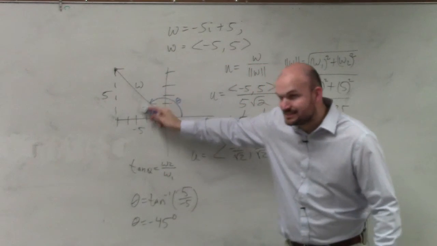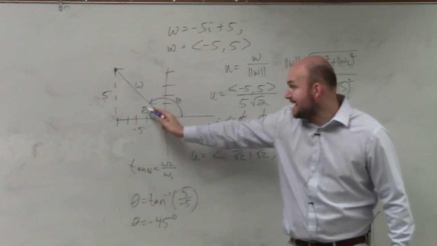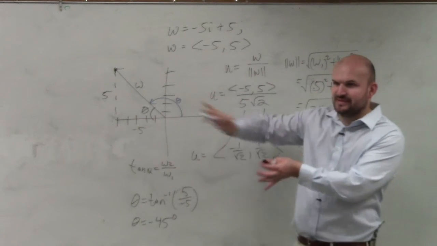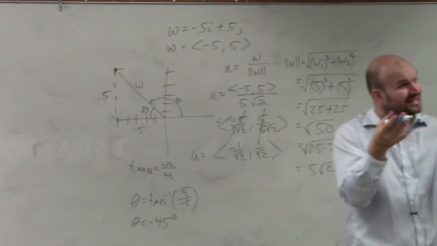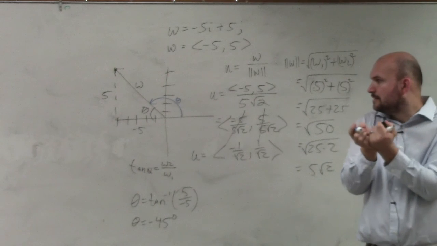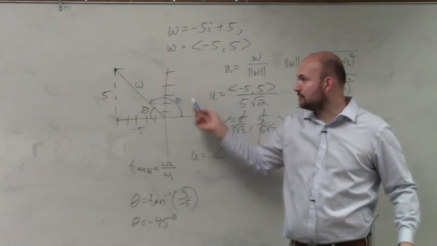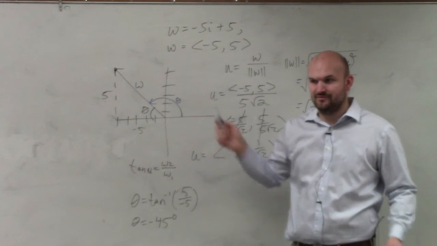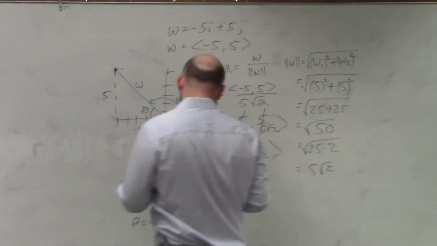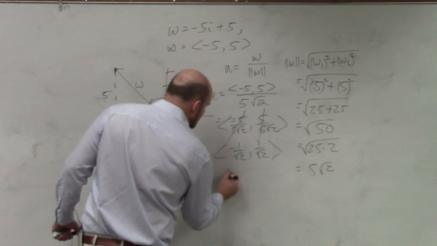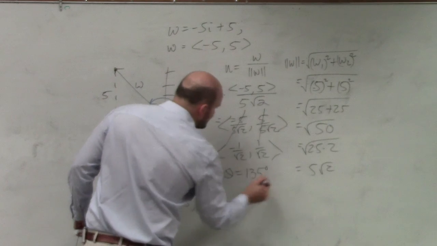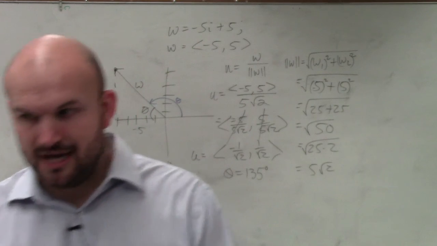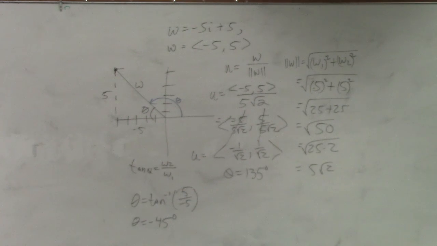So we want to use this angle theta. Is this angle theta still 45 degrees? Yes, it is. It's negative 45 degrees only because the domain of tangent is restricted; it really is 45 degrees. But we're not looking for that. We're looking for this, and that is 180 minus 45, which is 135. So our angle theta is 135 degrees. You're going to have to be careful on your quiz and eventually on your test. It's going to ask you to